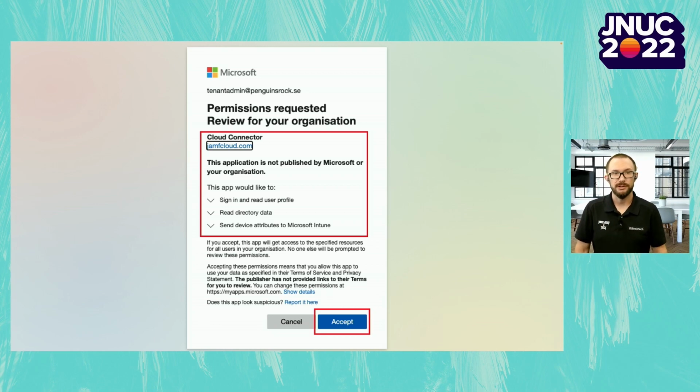When going through this wizard with a global admin account within Azure AD, 2 enterprise applications will be created for you within Azure AD. This page and the next is required to accept the permissions that each app is configured to use. The one you can see here is the one that will send the device information from Jamf Pro to Microsoft Intune. But it also requires to read your Azure Active Directory to connect this application with the user identity that we are targeting with these policies.